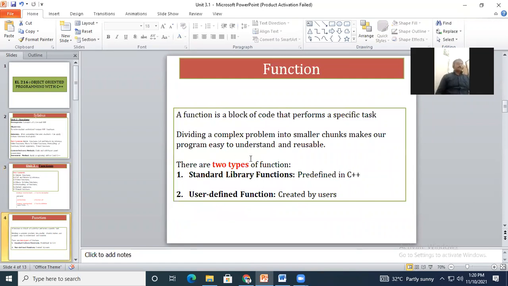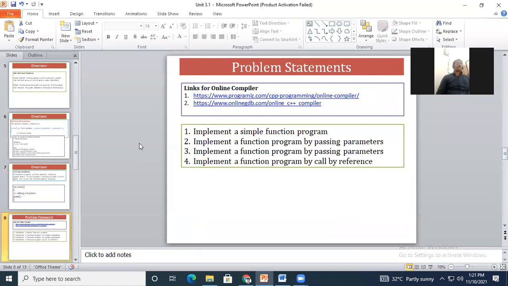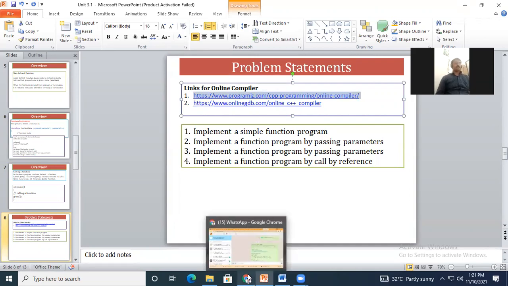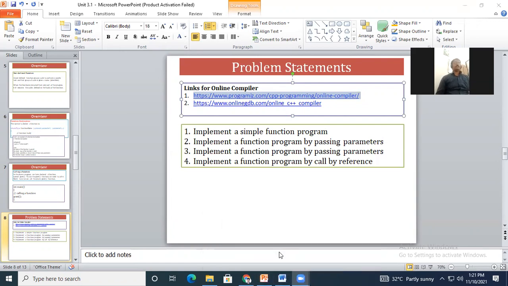Okay, so here we have gone through some basic definitions. Yes. Now I wish you to write one simple program of the function. As we are having the lab session now, I wish to check how much you are able to recall. So I will put this online compiler link in your chat box, and write any program which will demonstrate the function.